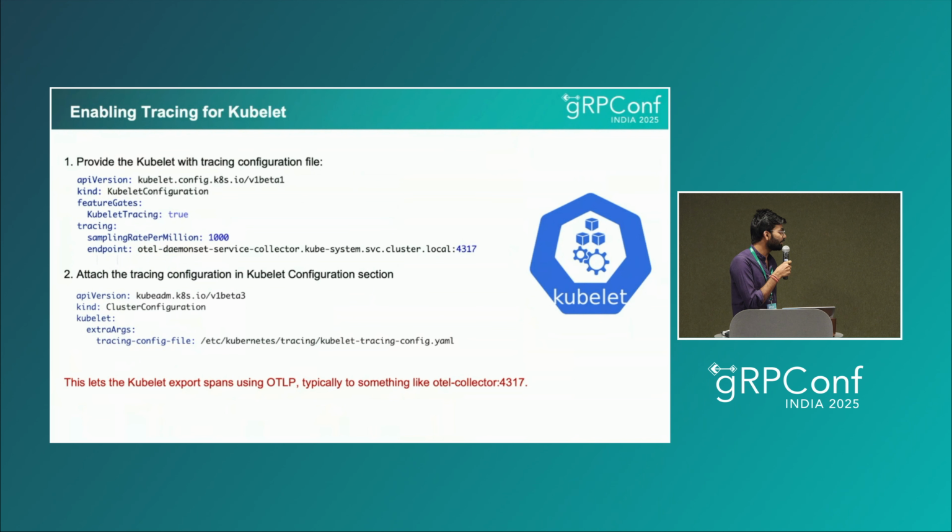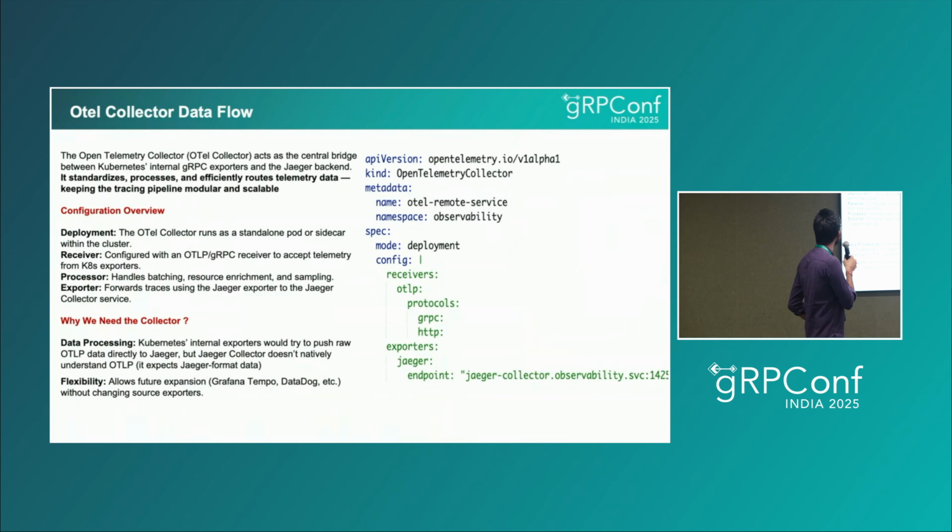Now we will deep dive into what the OTel collector is and how the data flows among the components. Basically, the OTel collector acts as a central bridge between the Kubernetes internal gRPC protocol and the Jaeger backend. Coming to its configuration, we deployed it as a daemon set, as I mentioned earlier. So it runs as a standalone pod on each node to collect all the spans of